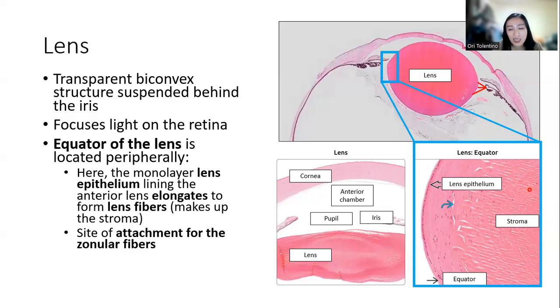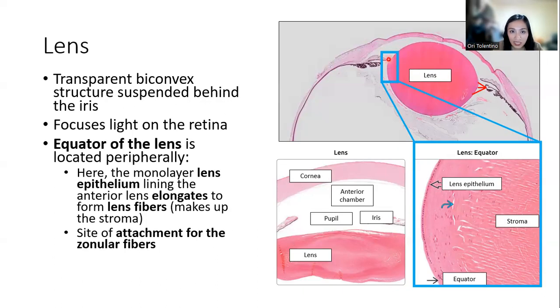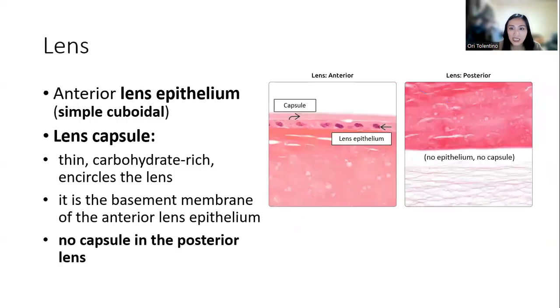As you can see, the specimen processing or the preparation of these tissues into a slide will destroy or disfigure the actual structure of the eye. So it's quite hard to imagine. Let's just try our best. A closer look at the anterior lens. This is the front of the lens. For example, right here, this is the front of the lens.